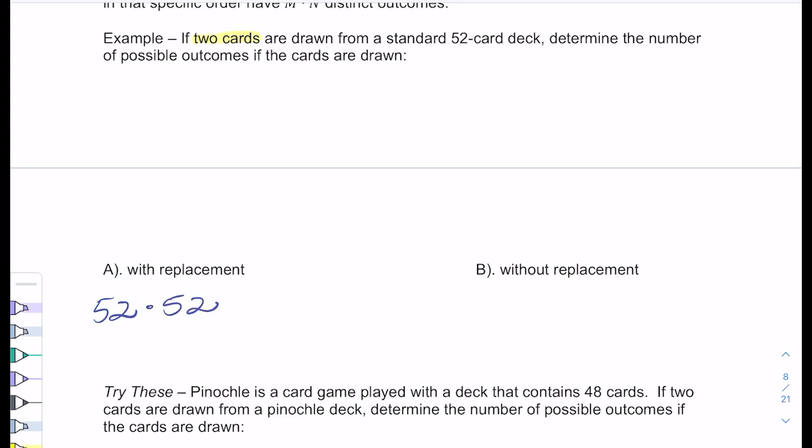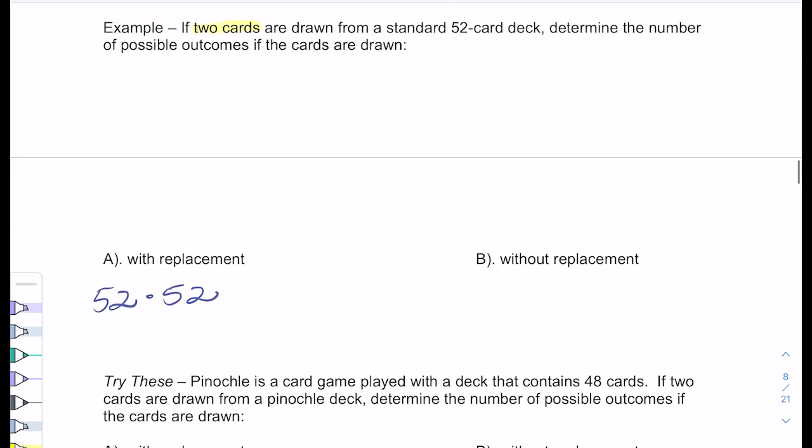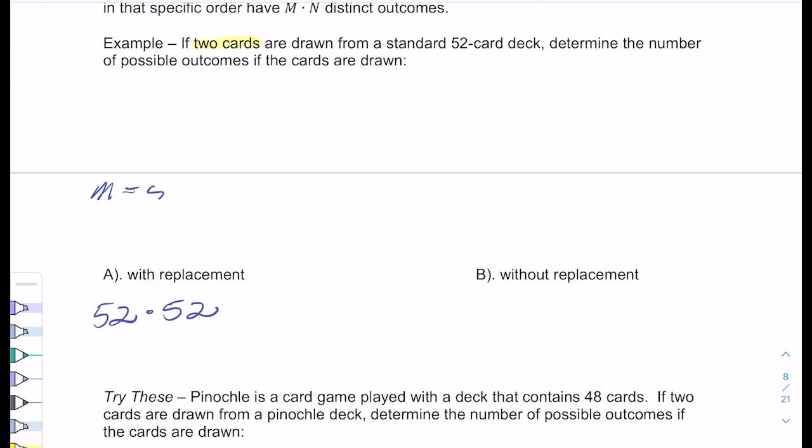So set M, the set of cards that you start with, has 52 cards in it. And since you take a card and put it back, set N still has 52 cards. So if I use the counting principle, 52 times 52, I end up with